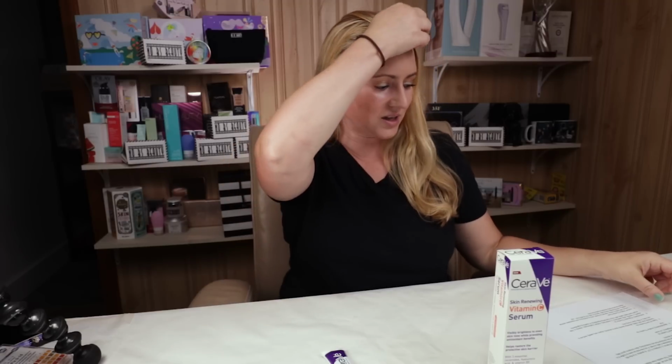My 7th criteria is animal testing, and CeraVe is always one of those brands whenever I review them, I have to Google it because either I can't remember or it was complicated last time I looked it up, so I just didn't remember. CeraVe is still selling in mainland China. They're owned by L'Oreal. And L'Oreal has actually done a lot of things to help work to end mandated animal testing. Unfortunately, technically, CeraVe is still not cruelty-free,